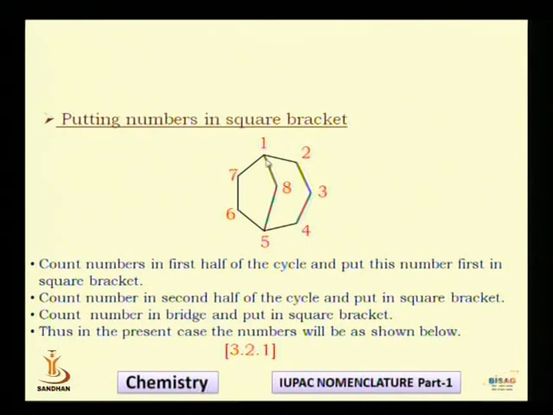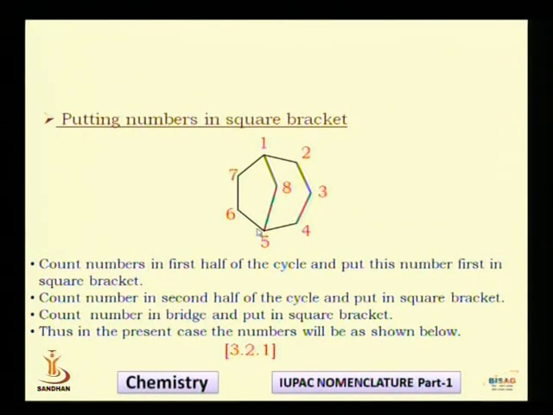So when I reach from number 1 to number 5, I came across 3 carbons, and this is called a first half cycle. See, my main cycle is this one. What I am showing is a main cycle. This is a complete main cycle. And when I travel from number 1 to number 5, I have completed the first half cycle.